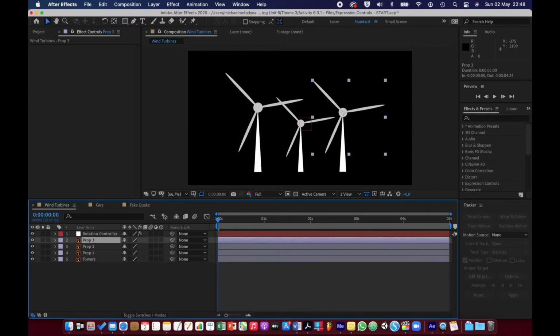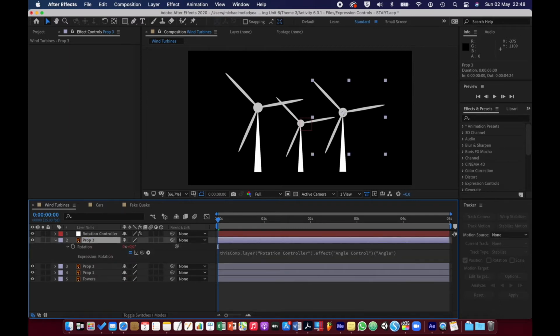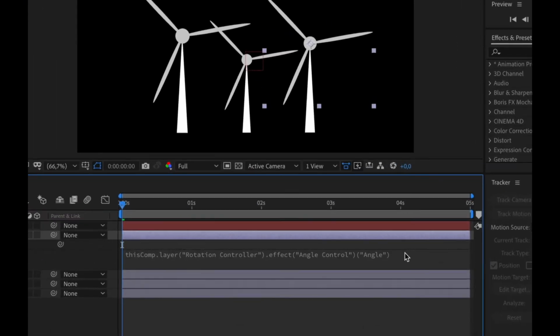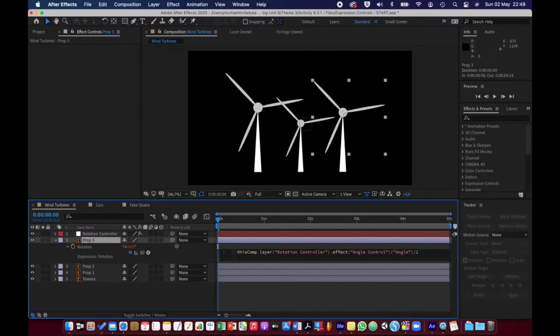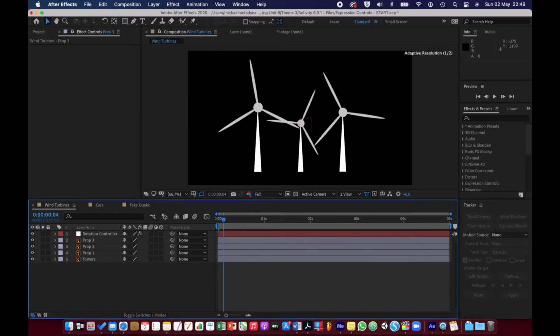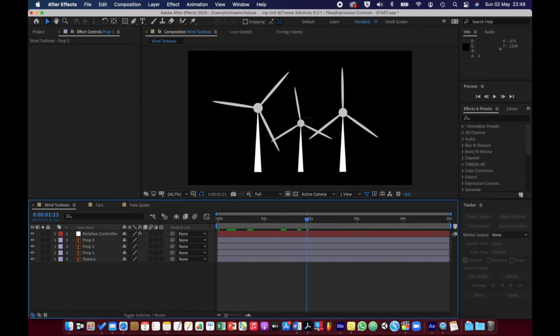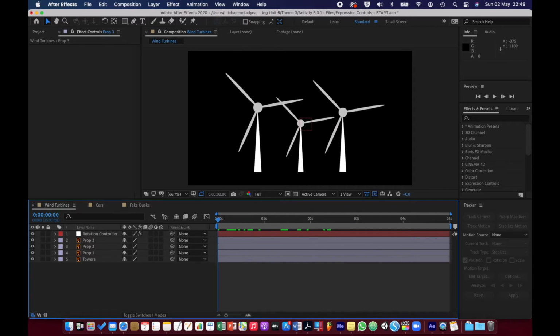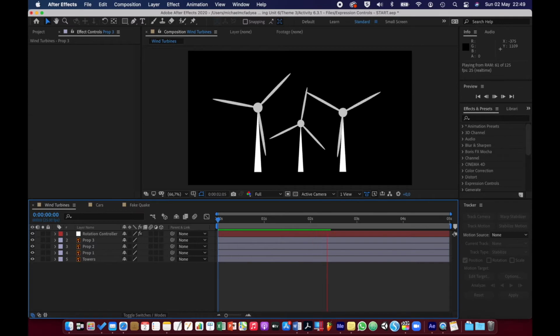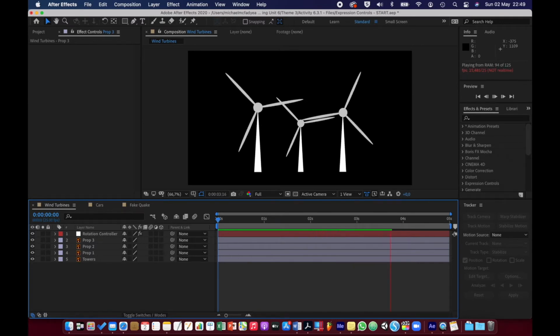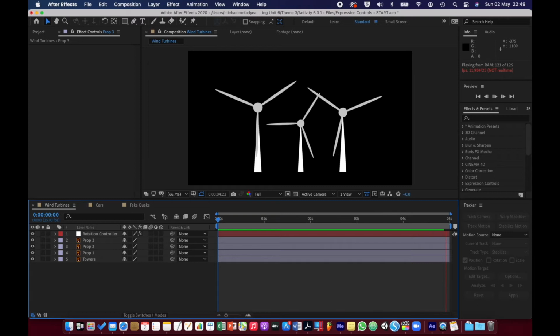And then for prop 3, I'll press R, open up the expression bar. And for this one, I'm going to press /2, which means divide that value by 2. So that one should be going slower than the angle controller. So let's just see if that's working. Yeah, so the middle one's going faster, twice as fast, and the third one is going twice as slow. So if I play that back properly, we're getting a nice variety of rotations,